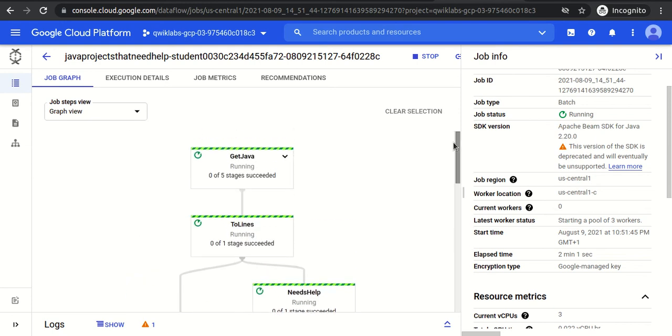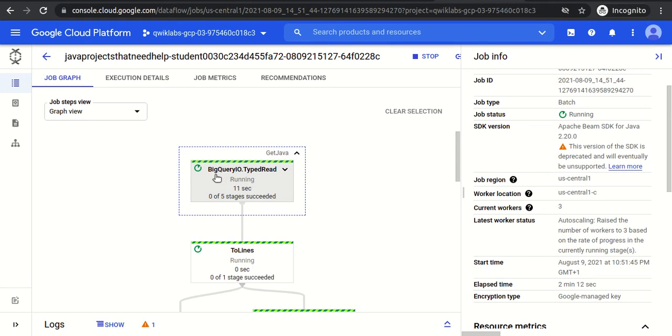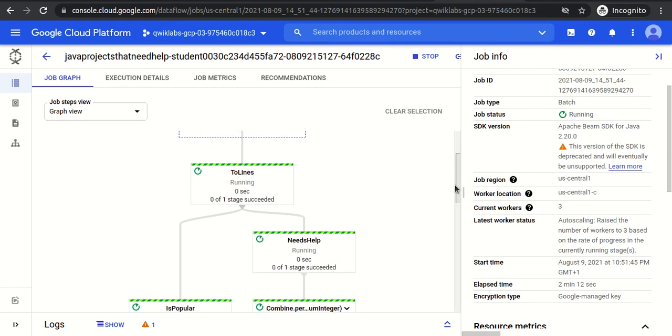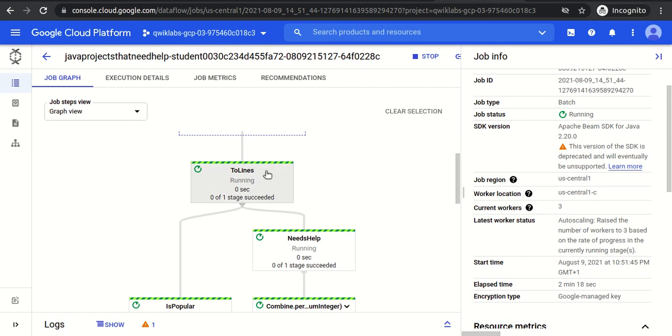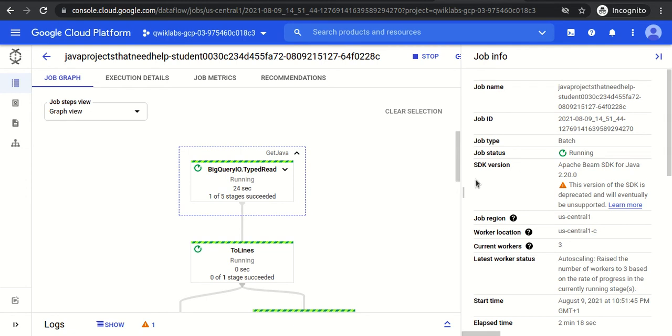So it is running, it is reading the content, right? So we can see the data. We can see at what step it is reading BigQuery. So 2 lines. It is basically a batch type of job.